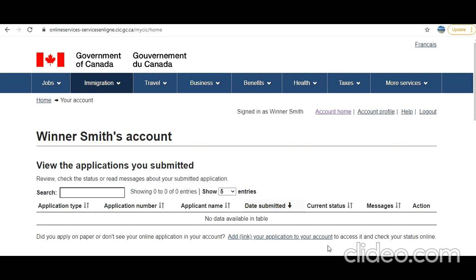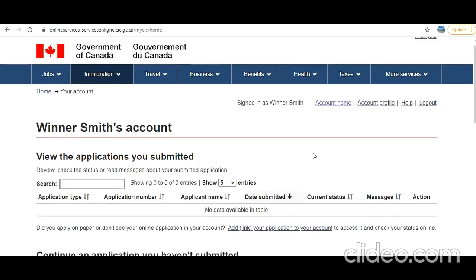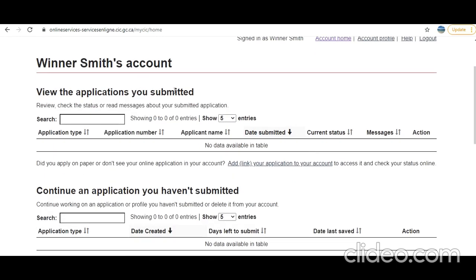So guys, let's say your course is over and you still have your study permit valid and you have got the required documents for your course which makes you eligible to apply for postgraduate work permit. I mean you have got your degree, transcript or official letter from your school or college, whatever. So now the very first thing to apply is you need to log in into your GCKey or MyCIC account. From there you can proceed.